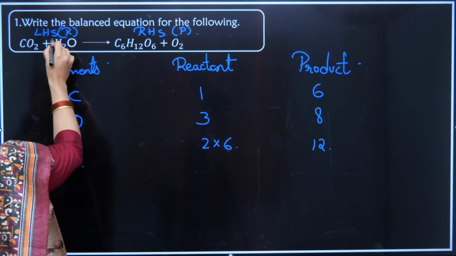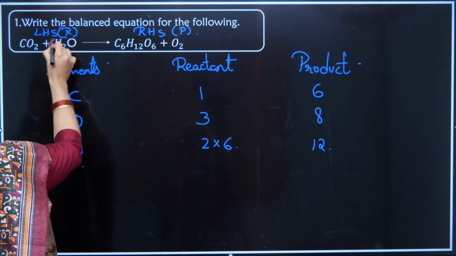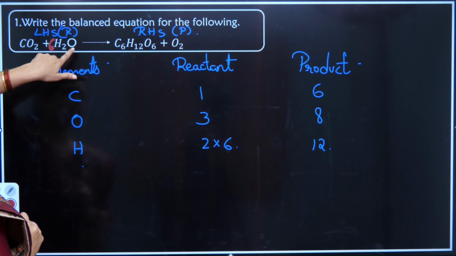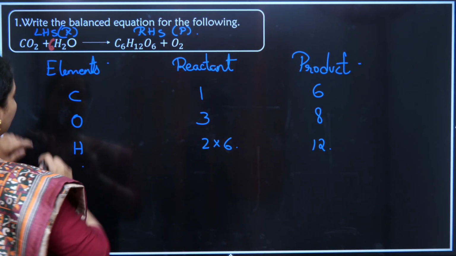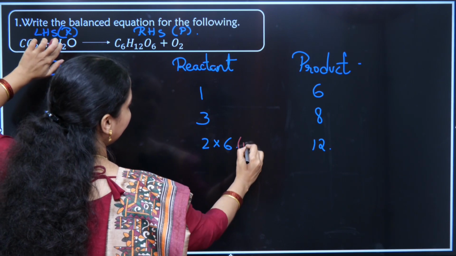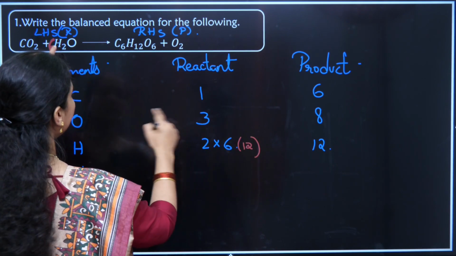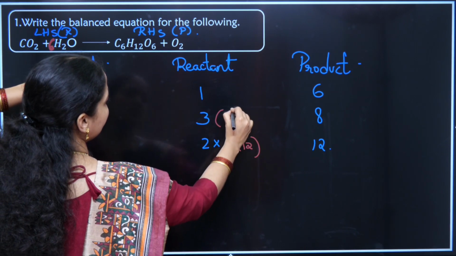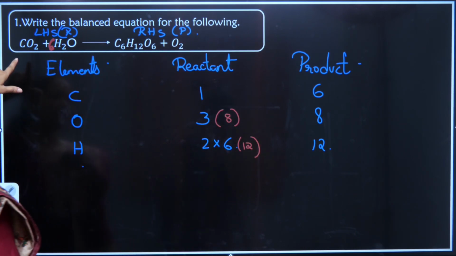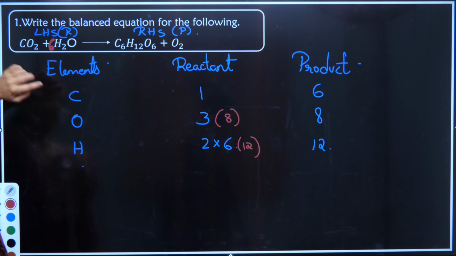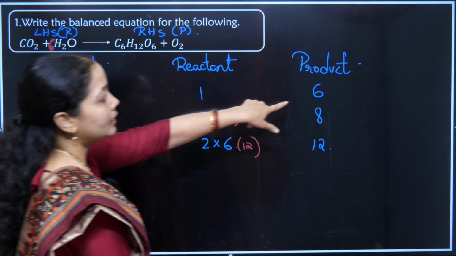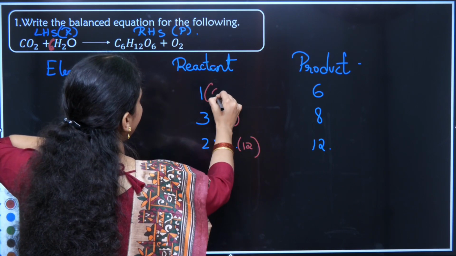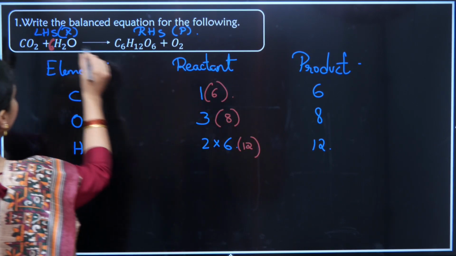I'm just changing the color. This is 6H2O. So this 6 is not only changing the hydrogen composition but also the composition of oxygen. So hydrogen has turned 12 now, whereas oxygen turned 6. 6 plus 2, oxygen is 8. I can see oxygen is balanced now. But see the number of carbon with me. When I see the number of carbon, carbon is 6 in my product side and 1 in my reactant side. So I'll take carbon as 6, multiply this with 6.